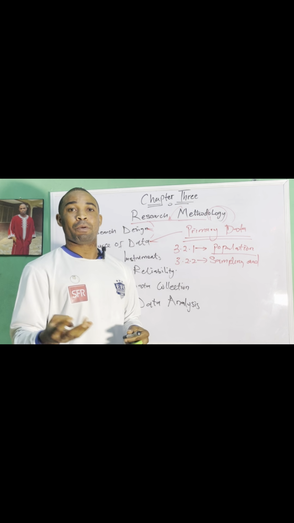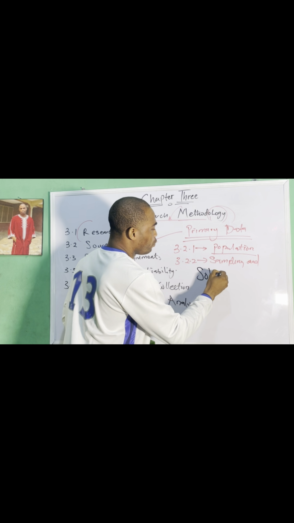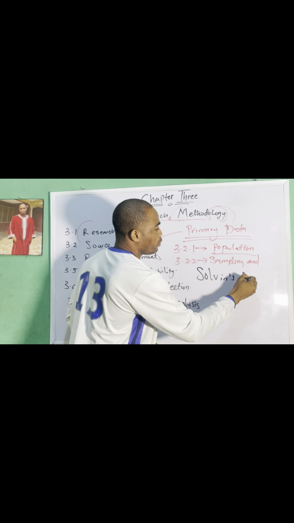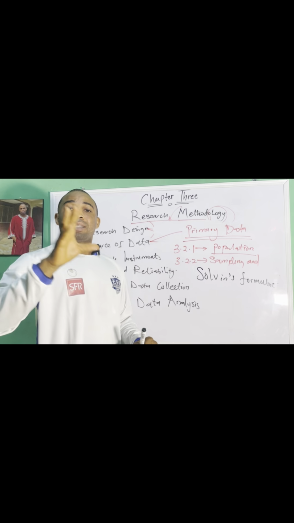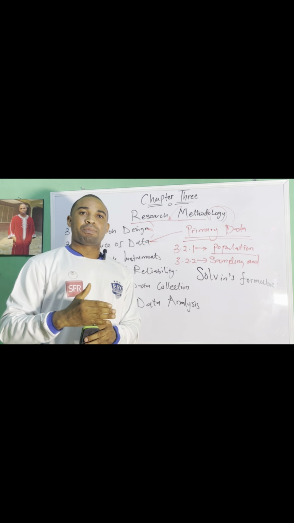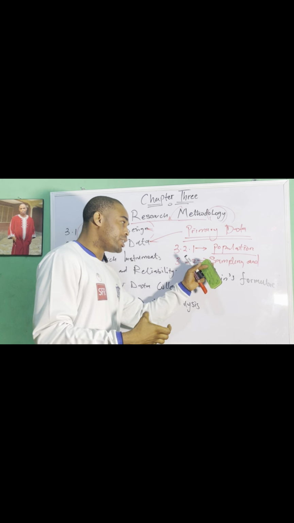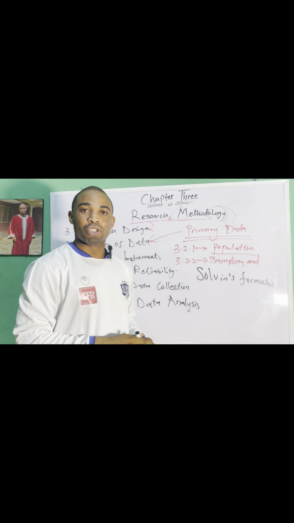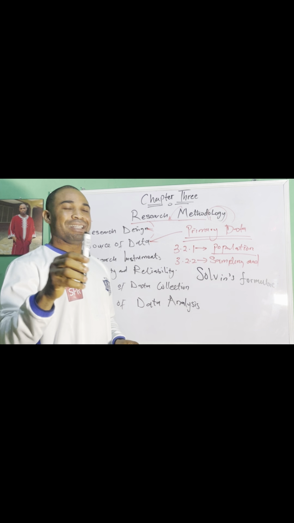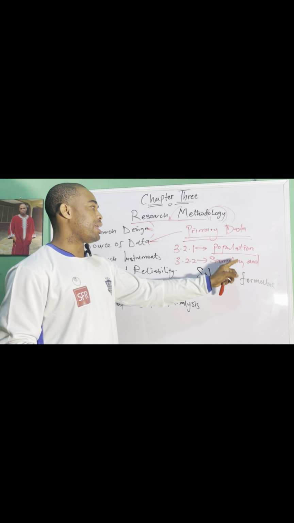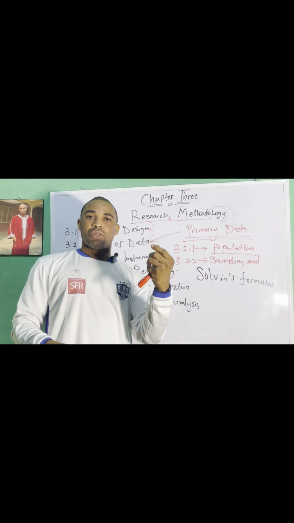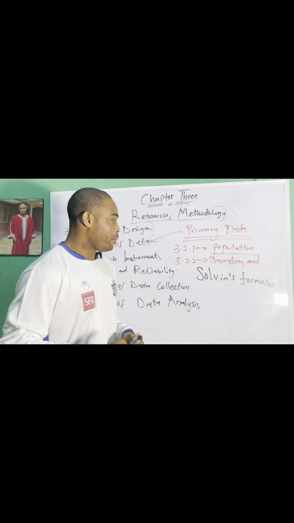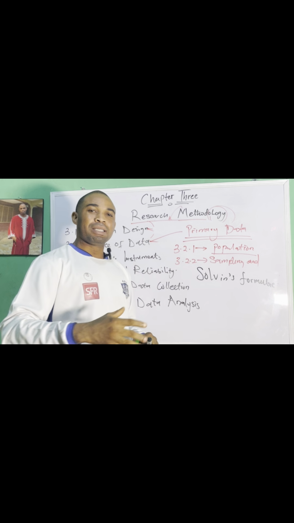We have 3 formulas that we have. Slovin's formula. Let me use the example. We have Slovin's formula. This formula, no matter what your population is, is going to tell you the exact sample that you need for your study. Because we cannot cover all the population, we introduce what we call sampling. Then the other thing, don't forget, I told you there is sampling and sampling techniques. We have 2 sectors of sampling techniques, where we divide those sectors as probability sampling techniques